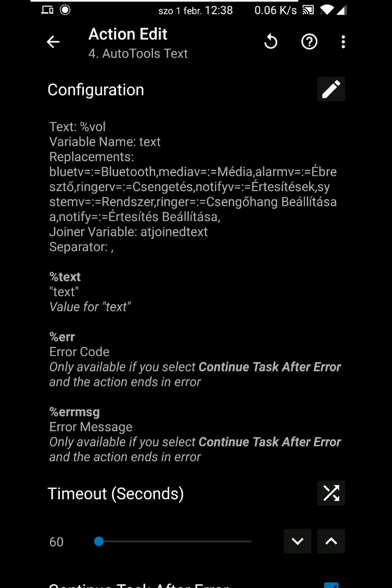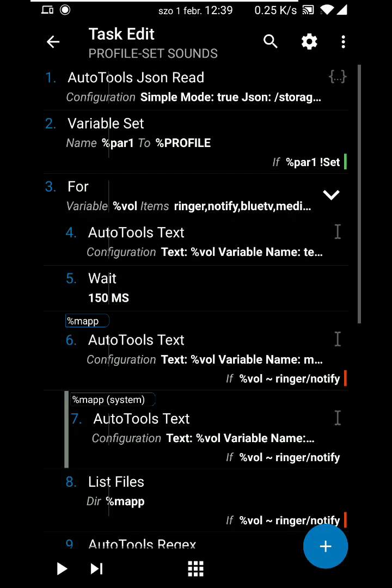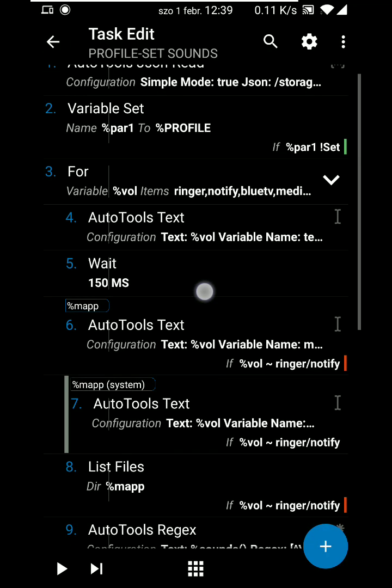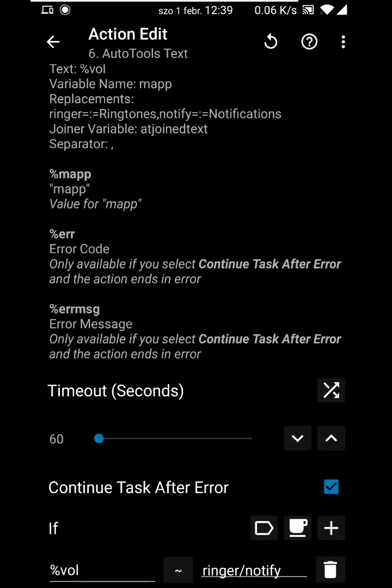So basically for every data item I'm gonna use a replacement. If Bluetooth volume is chosen, the value in the text variable should be Bluetooth, media volume should be media, alarm volume, just like this. And here at the end, ringer, if ringer is set, then here it says setup ring sound, and notification, setup notification sound. Then we're going to have a wait command, and this is the part where we are listing